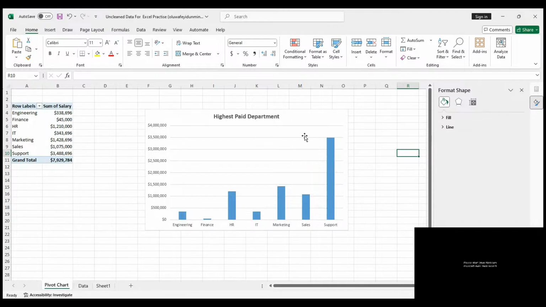Then now, look at it. Let me explain the sorting before we do a few edits of the chart. If you look at this chart, we have engineering, finance, HR, IT, marketing, sales, support. Everything is scattered. But if you now want to sort it, you want it to be